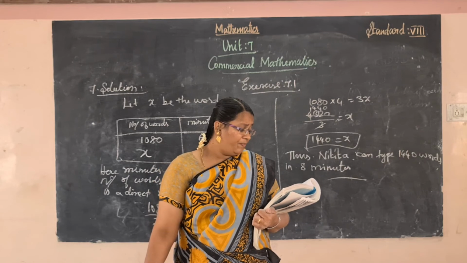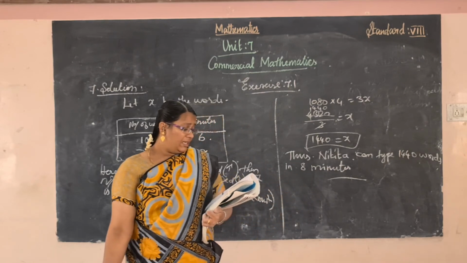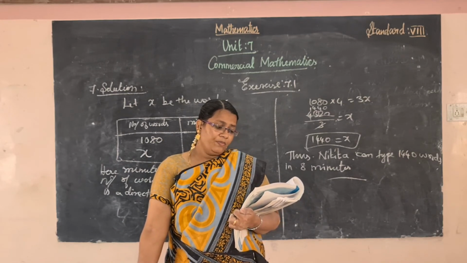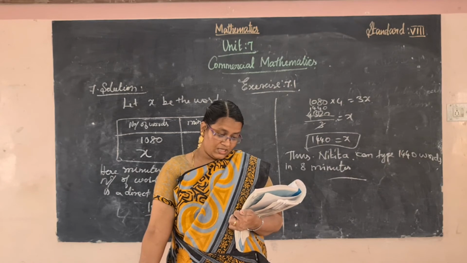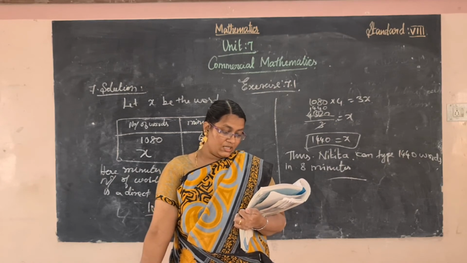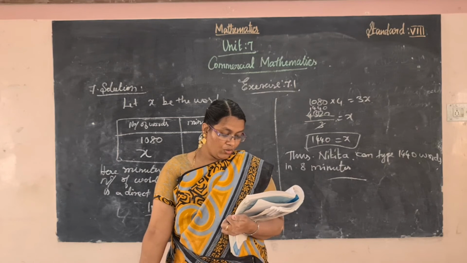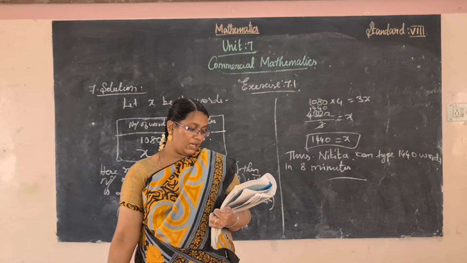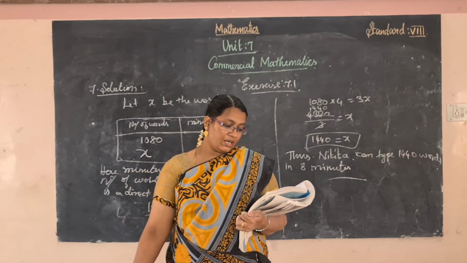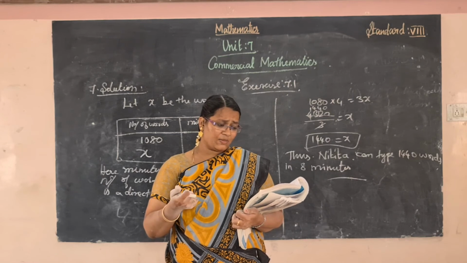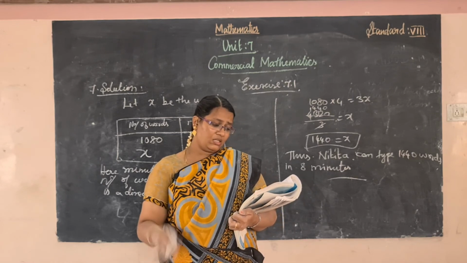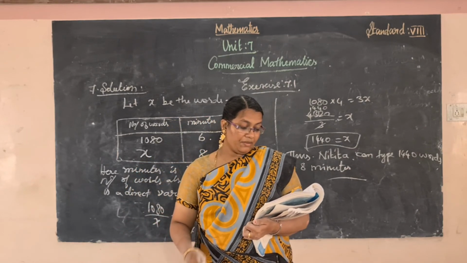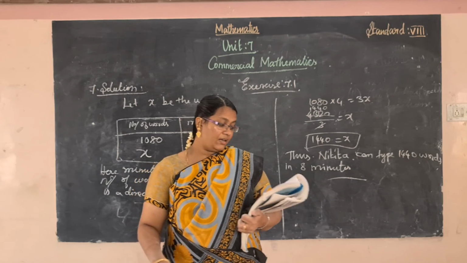Now see the 10th problem. The length of the shadow of a 120 centimeter high pole is 102 centimeter. Find the length of the shadow of a 360 centimeter high pole, and the height of the pole that has a shadow of 229. The same method is already explained in the example. So the 10th also homework. Okay, I will do the 11th problem. So 8, 9, 10 are homework.